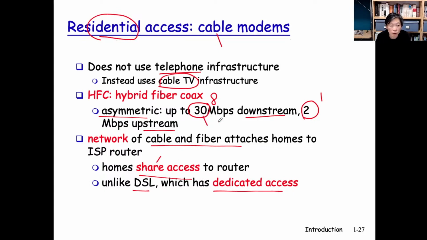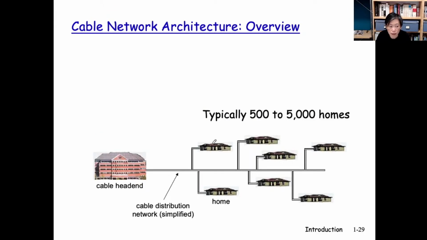So even though the bandwidth is higher, you can potentially be competing with all your neighbors. And it really depends on how many people are subscribing to the cable modem service in your neighborhood. That determines really the quality of your internet access. To illustrate, let me show you this example where we're connecting hundreds and thousands of households together through one major pipe to the cable company.